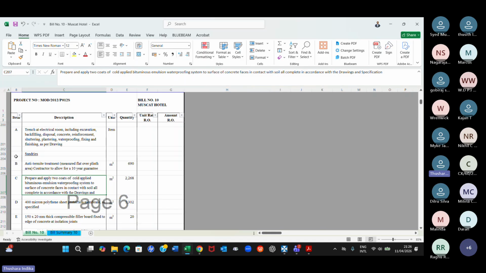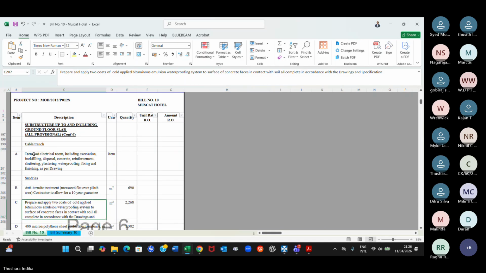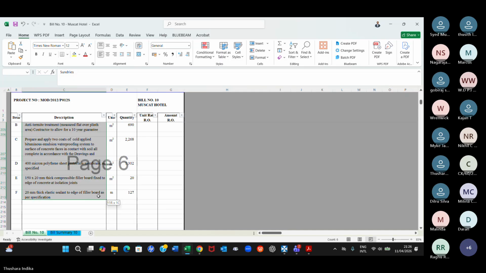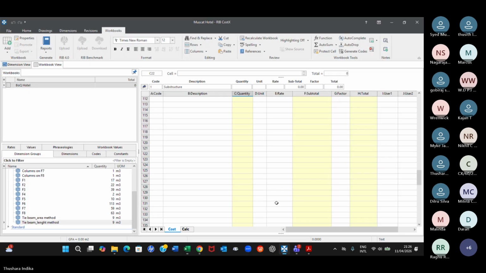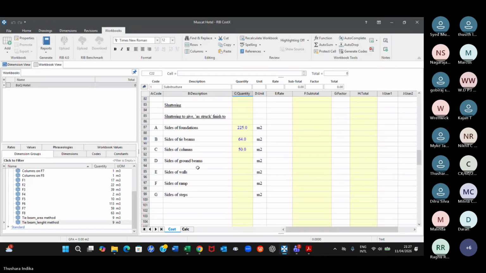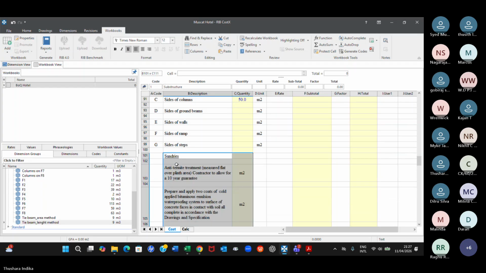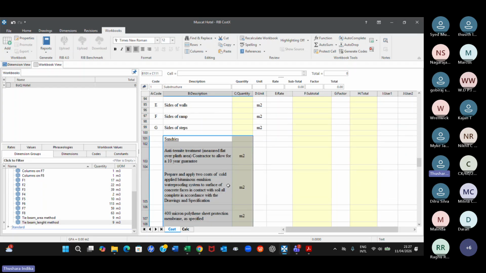This waterproofing is a little difficult, isn't it? So I'll copy this down and include in the measurements. Sorry, units. And I'll put it here. Right, I'm going to measure